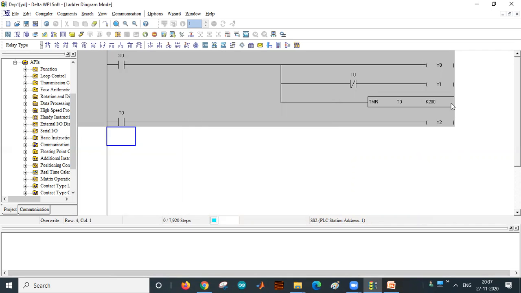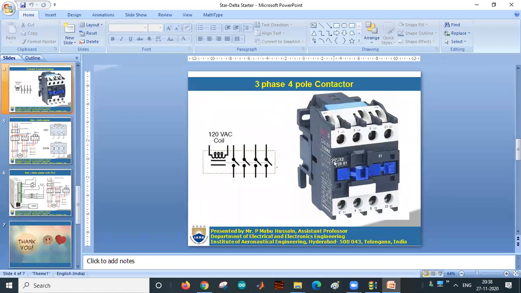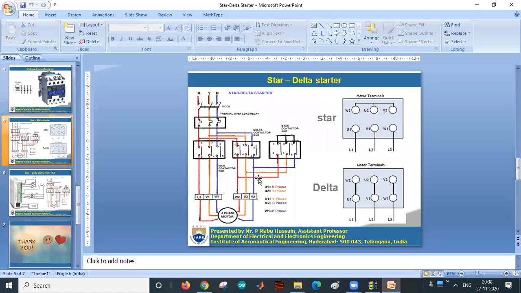Okay. So Y1 will, whenever time reaches 20 seconds, Y1 will off and Y2 will on. But here what you have to understand is this contactor is a mechanical device, right? So it will have one plunger which will be pushed to open this contactor. The operation will require some fraction of a second,